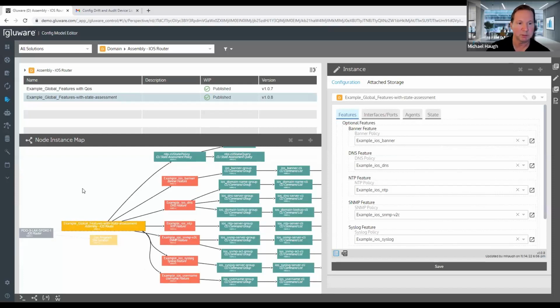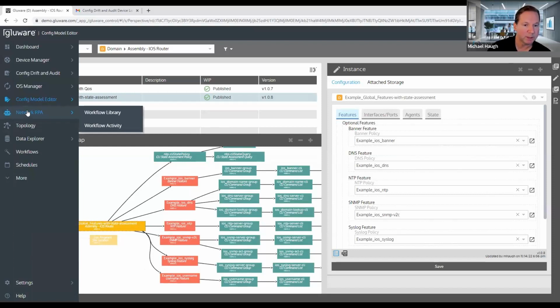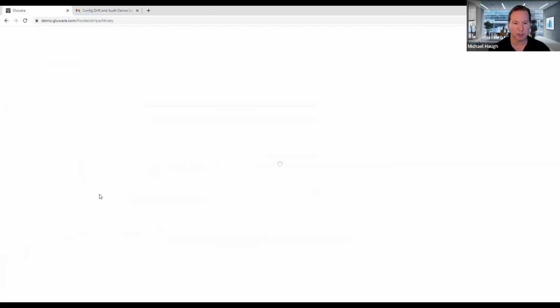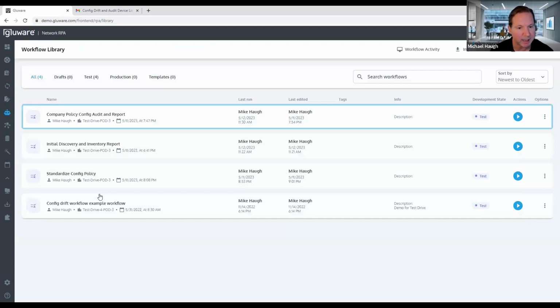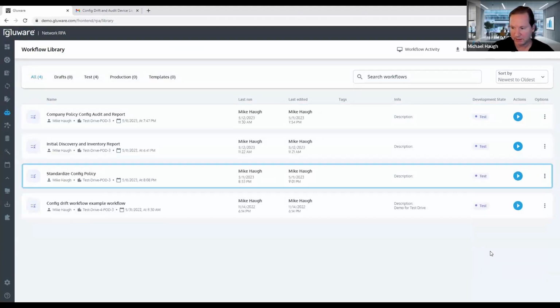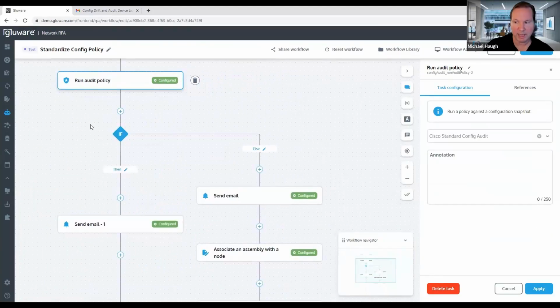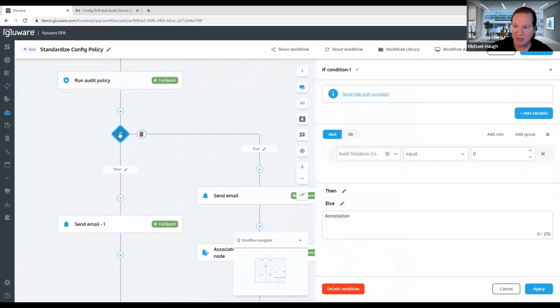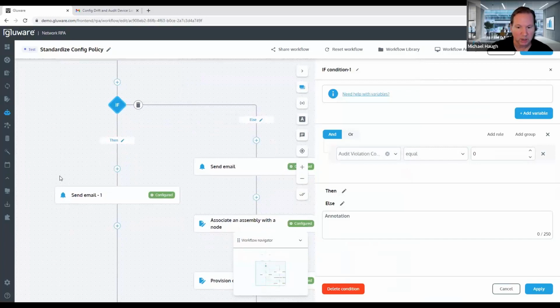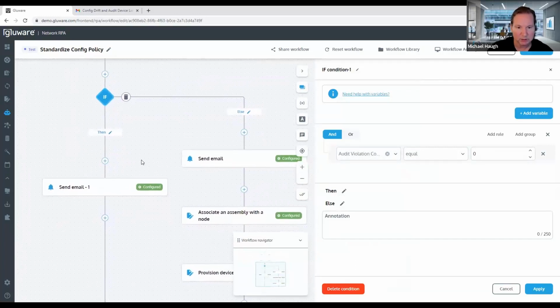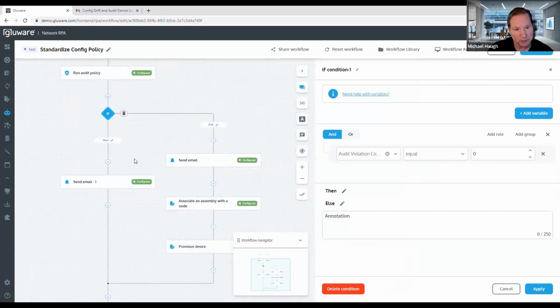We don't really have time to go deep into config modeling, but let's jump into Network RPA and go into our workflow library, because we're kind of fast forwarding doing things manually in the UI to what a policy automation looks like. So if I look at standard config policy, I'm going to go ahead and edit this workflow again. And what do I want to do? I want to filter, I want to audit. And if I have audit violations equals 0, I'm going to notify and I'm good to go here. So this is actually a remediation workflow, where if I have violations, I'm going to go ahead and